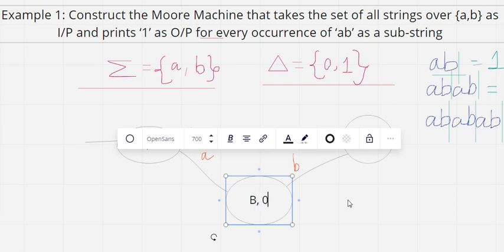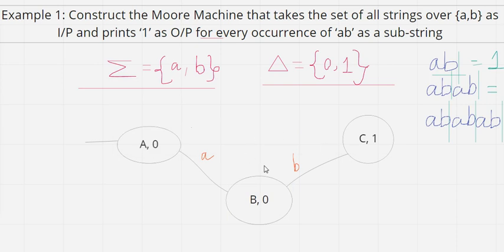Okay, now you can identify how the state diagram has to be drawn for a Mealy machine. See, for a single A, it will never accept because the output is 0, which is not accepted by the language. And the language will accept the string when it reaches the state C, that is, AB is the initial string.